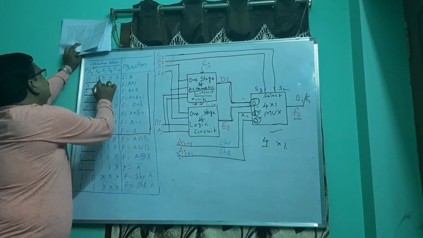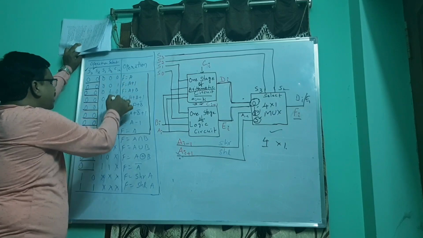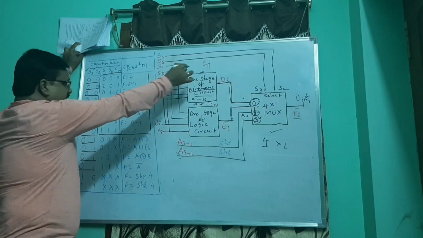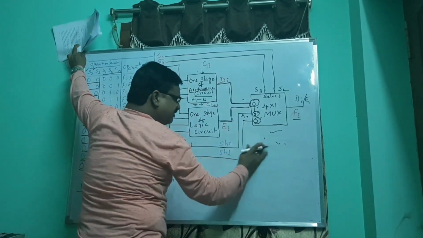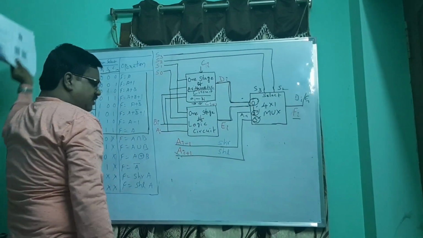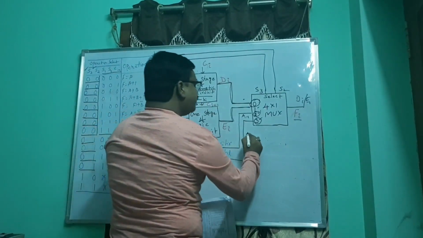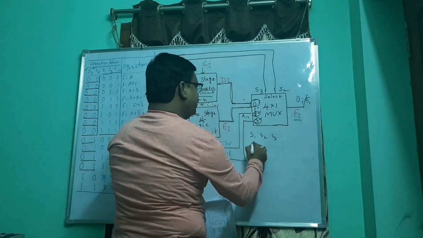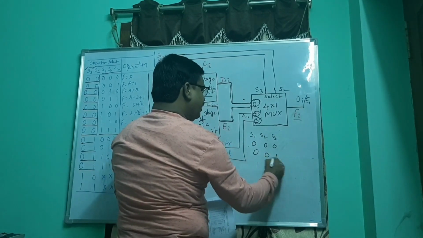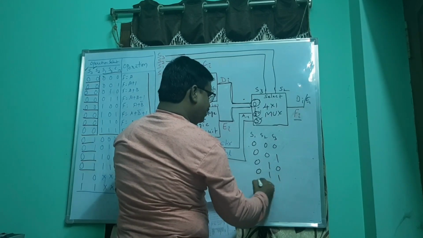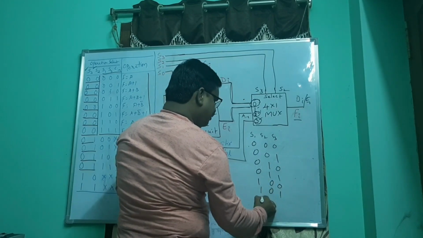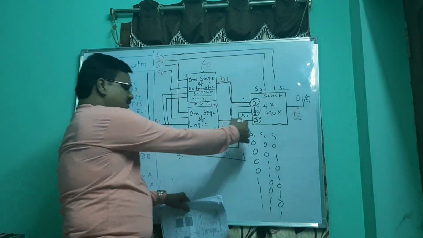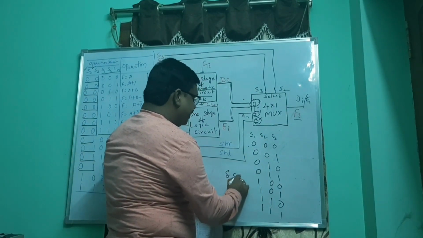So here you can see 0, 0, 0, 0, 0, 1. Like there are totally 8 combinations. What are these 8 combinations? S1, S0 and the Cin. So if you observe, previously when we discussed the arithmetic unit together, there will be S1, S2, S3, 3 input lines. 0 0 0, 0 0 1, 0 1 0, 0 1 1, 1 0 0, 1 0 1, 1 1 0, 1 1 1. Like when 3 select lines are there and their combination, 8 combinations we have written here.